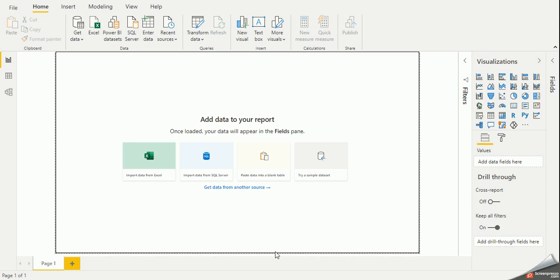So we had a good topic today, and one of my LinkedIn connections was asking me how we can put a preload filter over any data, so that the data is filtered before bringing it into Power BI. You have an idea that when you use any database or data source like MySQL and SQL, we can easily put a filter there to bring in filtered data. We put a where condition, or we make views, so that we can easily load the data that we need. We just exclude the data that we don't need in Power BI.